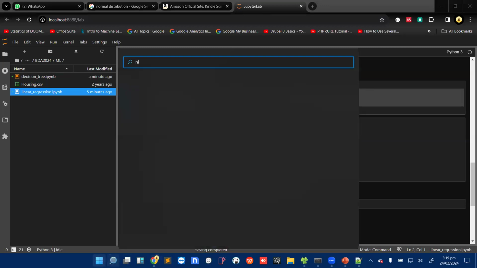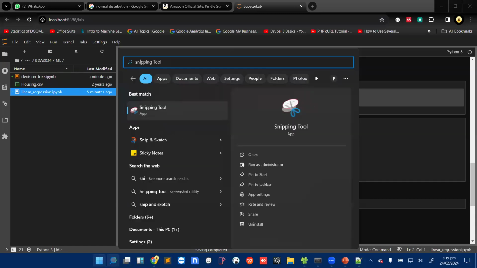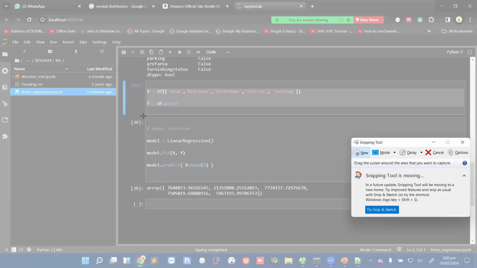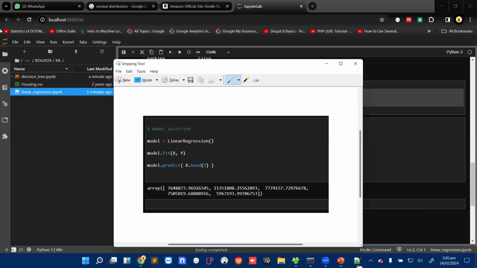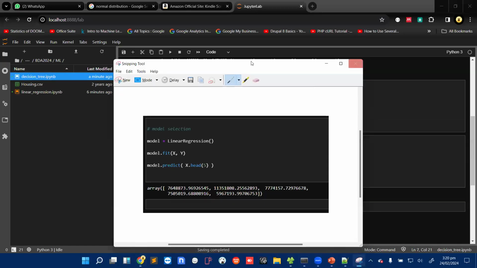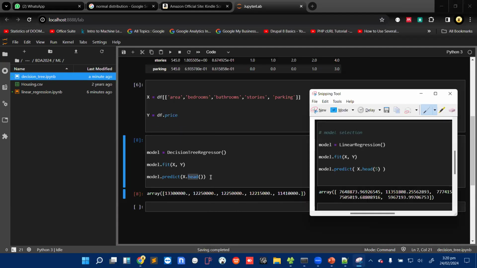Let me pull up the snipping tool. Let me pull up this guy. Okay, then let's compare it with this one. See this one? Oh, okay, it's the same thing. This is 5. Okay, this is also 5 by default. Now look at what happened. Okay, so let's try and then look at what is in